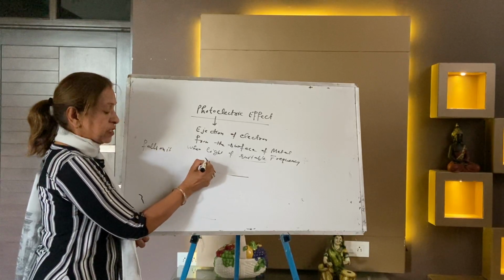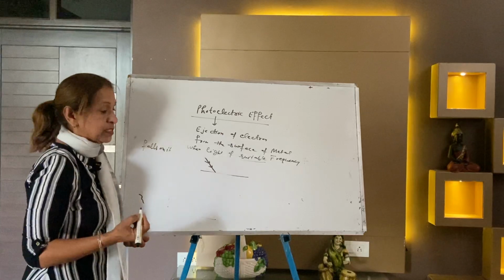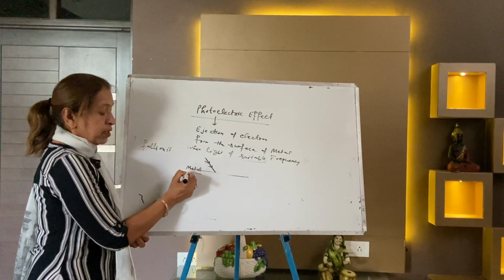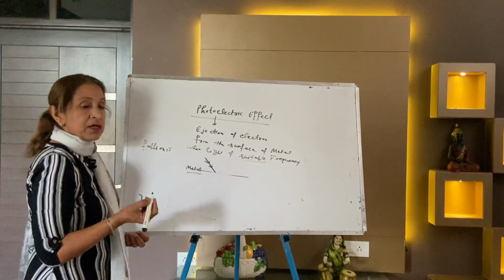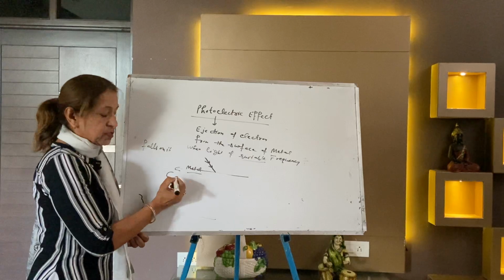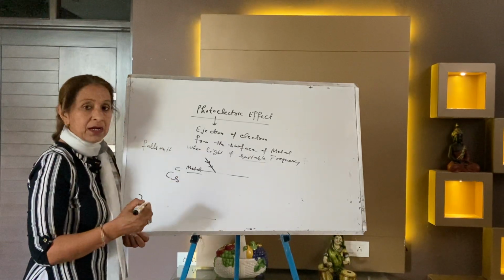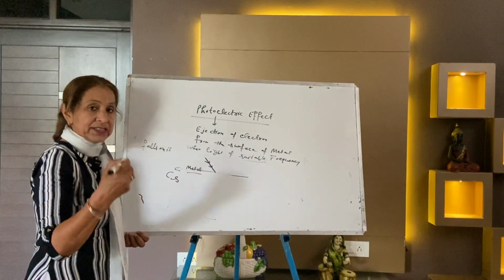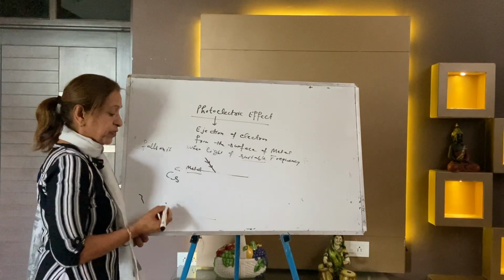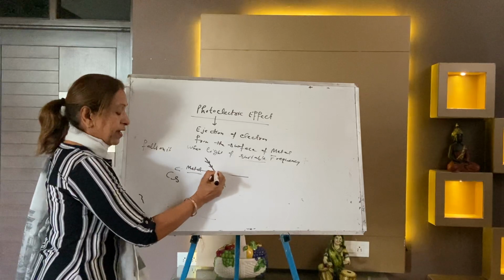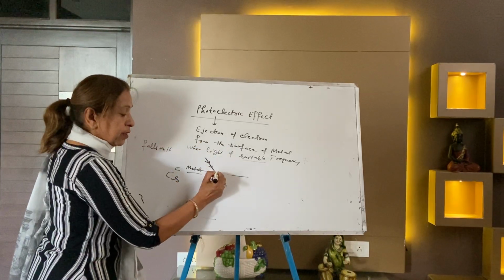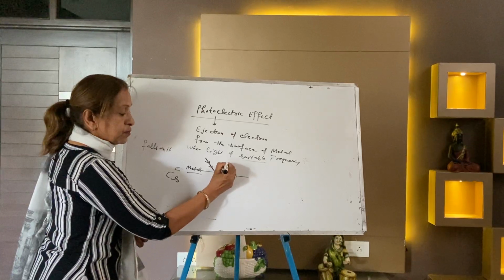So this is your light. It is incident light of suitable frequency when falls on the surface of metal. It is metal surface. Most probably it is taken as cesium metal. Write down cesium, because cesium is the metal which can easily lose electron. In the next chapter we will take this topic, why cesium loses electron easily. Now when the light of suitable frequency falls on the metal cesium, then electron ejected out.